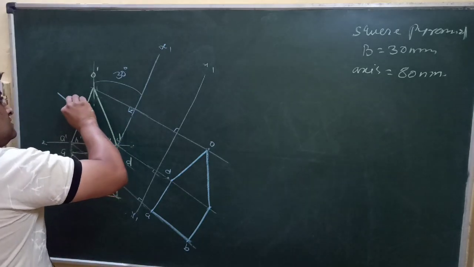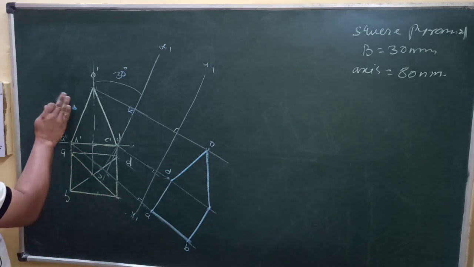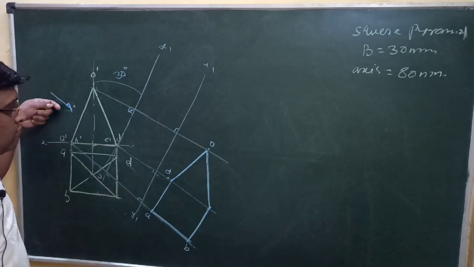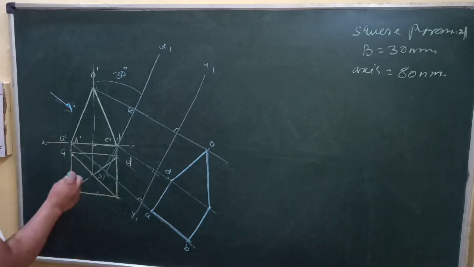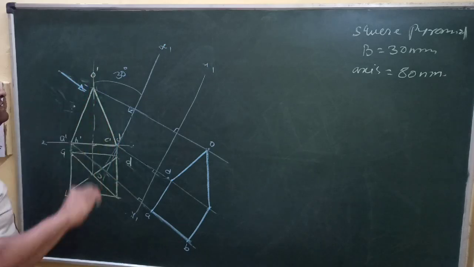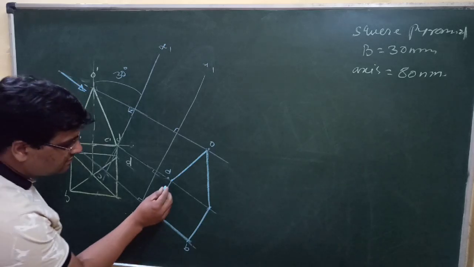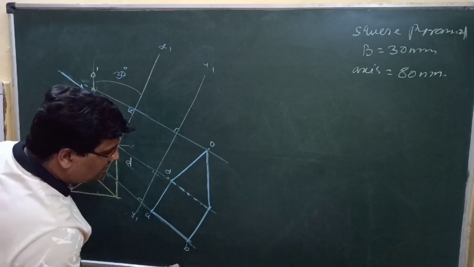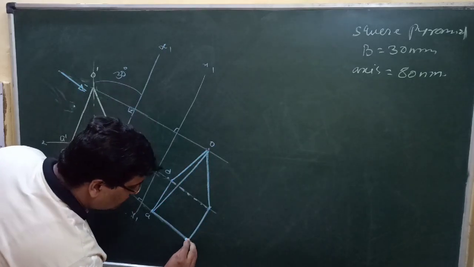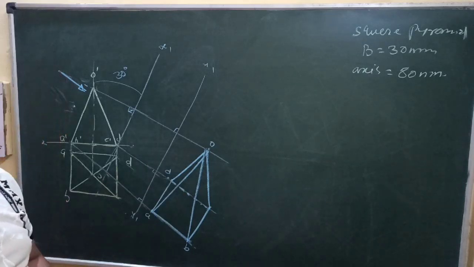For getting hidden lines, draw an arrow from this direction, that is the perpendicular direction of the lines which are perpendicular on the new XY line, or x1 y1. The arrow is perpendicular to x1 y1. So we can see here that the apex is nearer to the arrow compared to the base. So the base is half hidden. So we can draw this part as hidden, and a line crossing the hidden base must be continuous, similarly this line will also be continuous. So in this manner, this top view is formed.